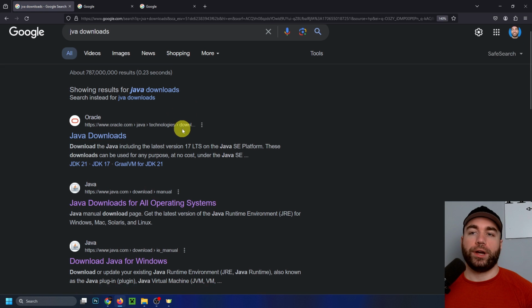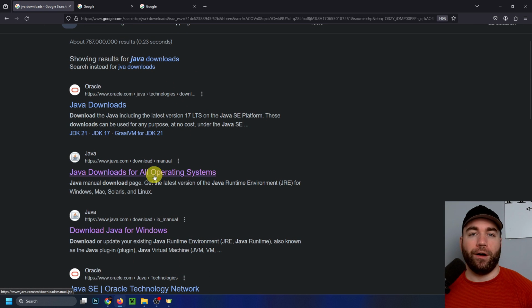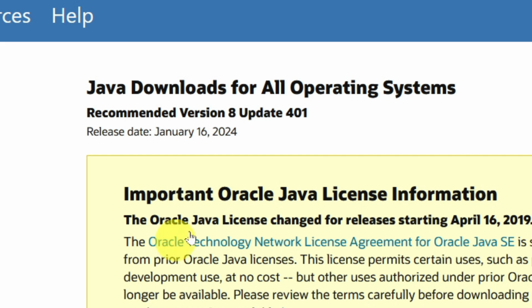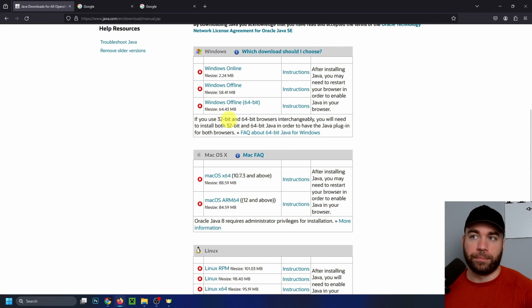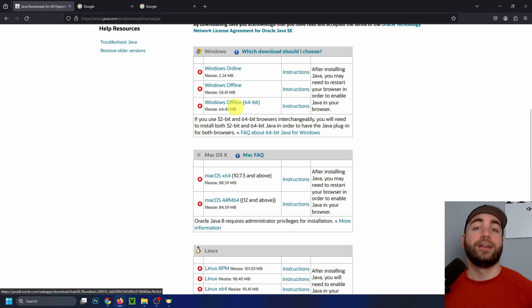And from here, we're going to go to Java downloads for all operating systems. Now you want to ensure that you're running the latest version of Java, which is currently 8, as well as downloading the correct version for your operating system. In my case, it's Windows. So once you've downloaded and installed the latest version of Java, the next thing we're going to be doing is